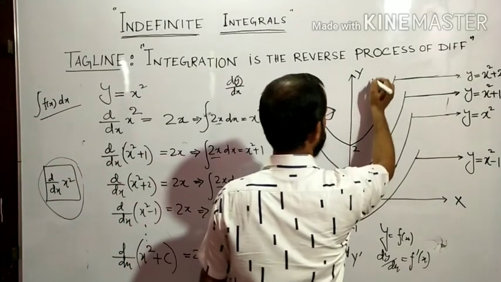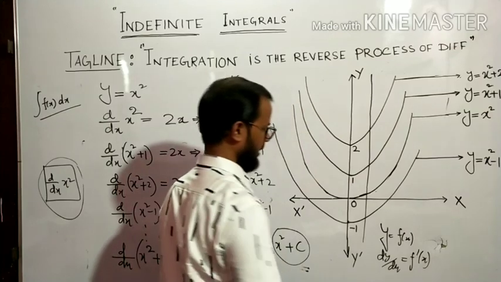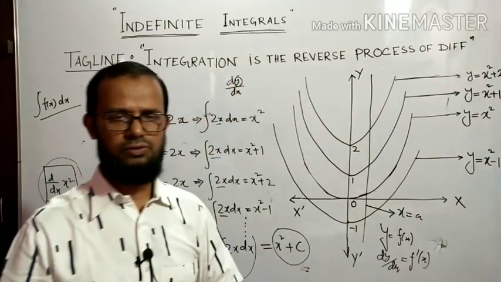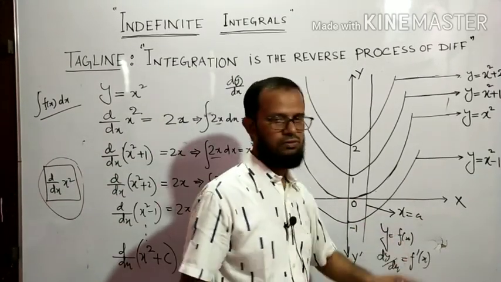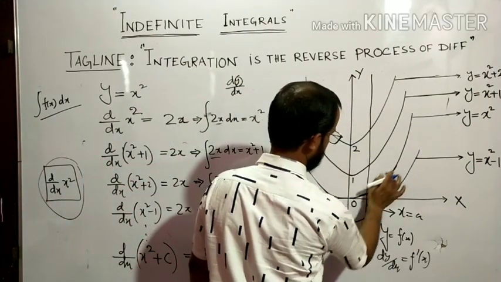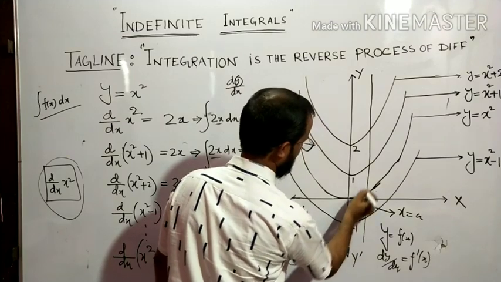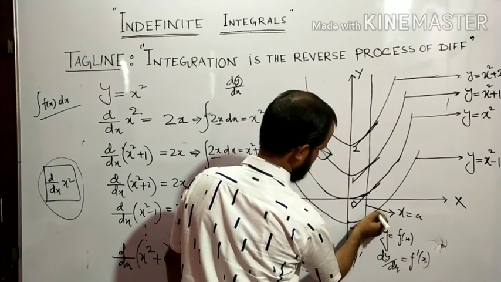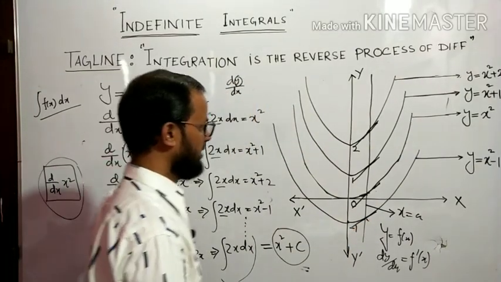If I draw a vertical line parallel to the y axis, this is the line, and suppose the equation of the line is x equal to a, like x equal to 1 and x equal to 2. अगर राइट में जाएगा तो ये पॉजिटिव होगा, लेफ्ट में आएगा तो ये नेगेटिव होगा. तो x इज इक्वल टू सम रियल नंबर. नाउ सी एट दिस पॉइंट, शेप थोड़ा सा ऐसा होगा. इस पॉइंट में एक टेंजेंट ड्रॉ करें, इस पॉइंट में भी ड्रॉ करें, ऐसा. अंडरस्टूड? सो ये टेंजेंट का क्या मतलब है, इसका मतलब है d/dx ऑफ